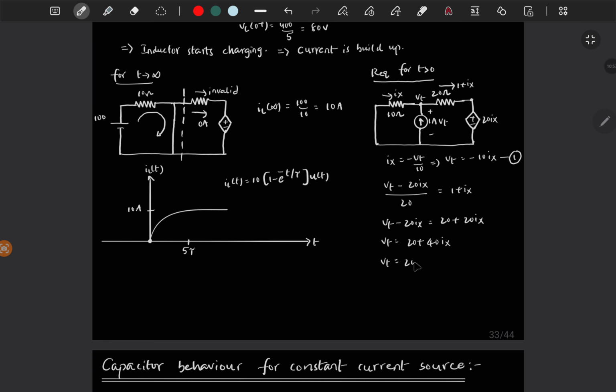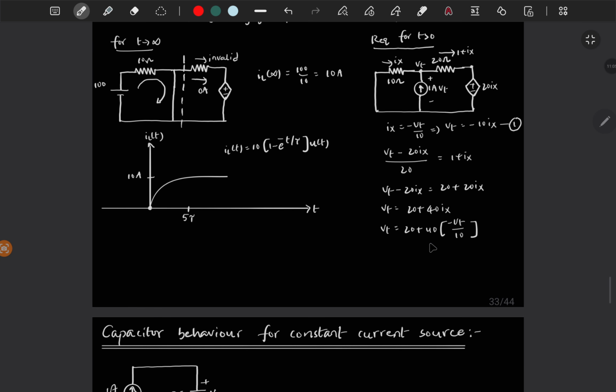So Vt is equal to 20 plus 40 times Ix, which is minus Vt by 10. So this is minus 4 Vt. So 5 Vt is equal to 20, Vt is equal to 4,